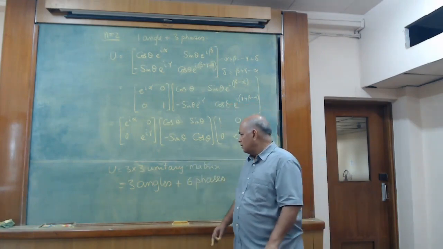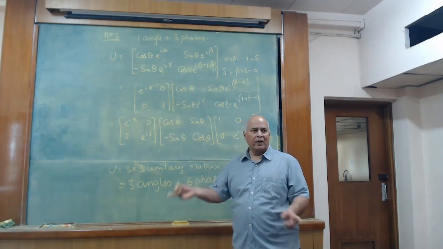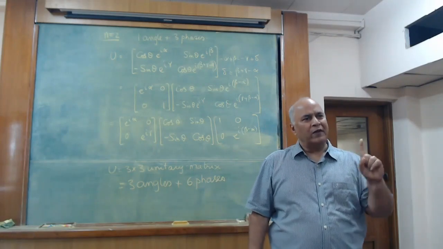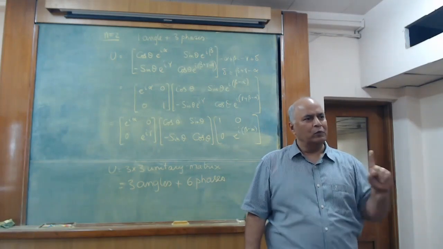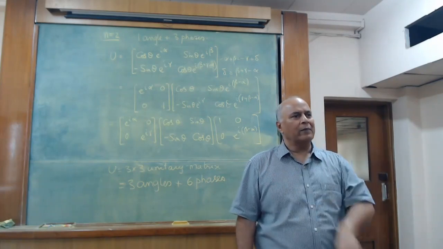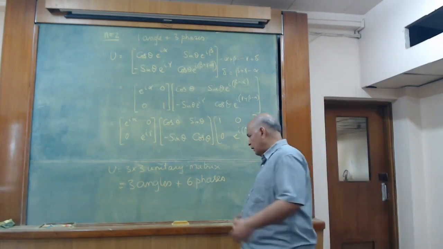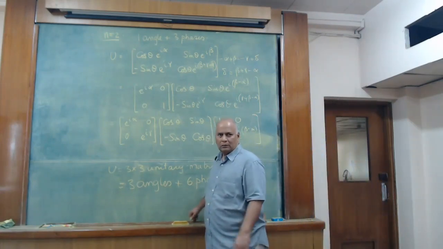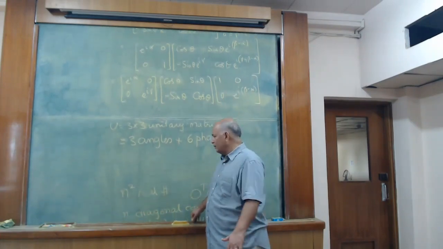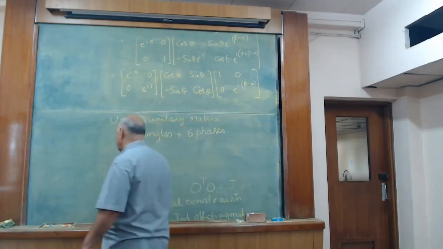So, in the 3x3 case, I cannot make my mixing matrix to be real. There is one phase which definitely should be there in the mixing matrix, and it is going to affect my oscillation probabilities. And this has important consequences for the various physics studies, and I will briefly discuss that now.